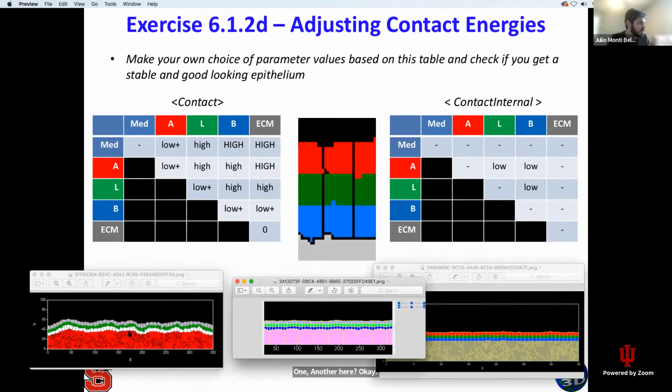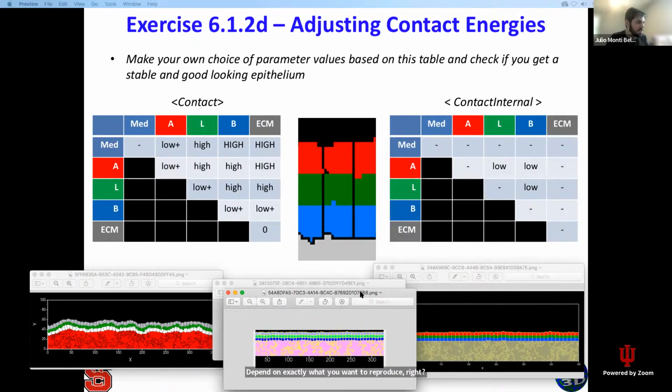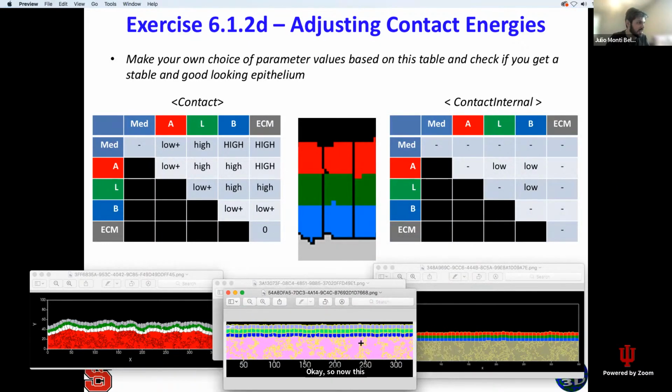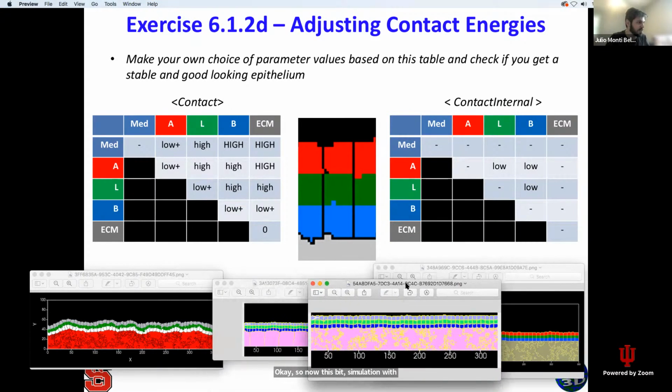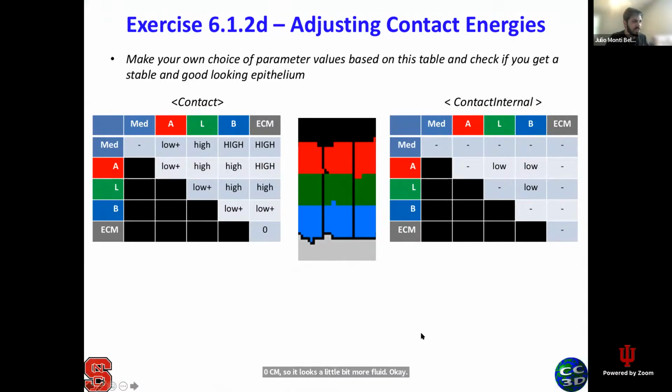So you probably chose a little bit lower values of the adhesion energies. So they all look more wavy. Okay, so that looks very good. They all look good depending on exactly what you want to reproduce, right? Okay, so now this simulation with 0 ECM, it looks a little bit more fluid. Okay, so you see that